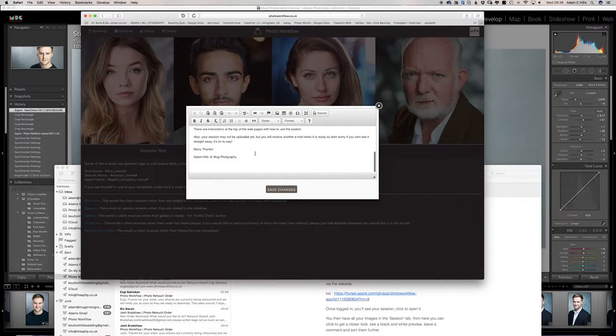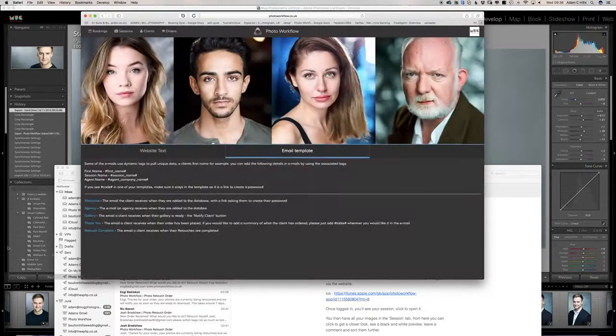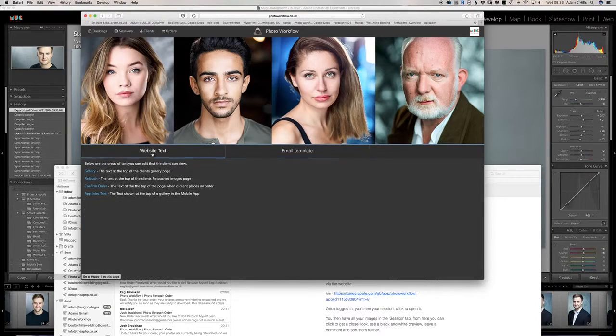And you see here, first name, that will add the client's first name in there with that hashtag. That's a clever bit of scripting that pulls the first name from the user and adds that in there. But you can add whatever you want into this text and then just click save changes, and then you can adapt your messages to people, and there's lots of options there at different points. And same, for instance, website text gallery, the text at the top of the